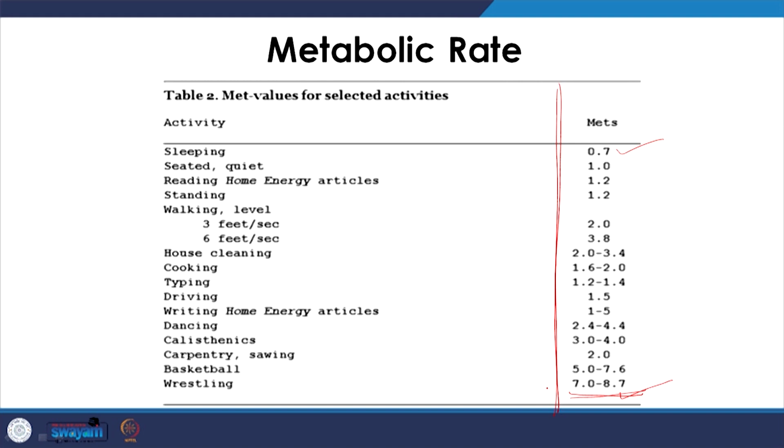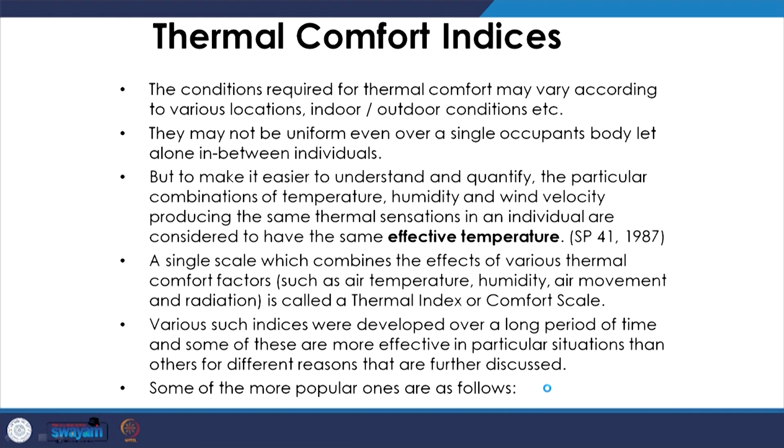Now, all these 6 parameters which we have seen so far come together to give us a perception of thermal comfort. Suppose the air temperature is high, the relative humidity is low, the radiation is also high, the air speed is also high, the metabolic rate is low and the clo value is also low. Now, what is the combined effect of all these? How do we know that? What is the weightage of each of these parameters? Is air temperature more important?